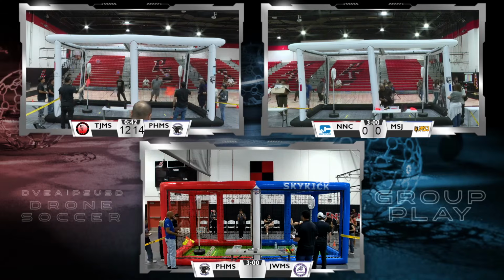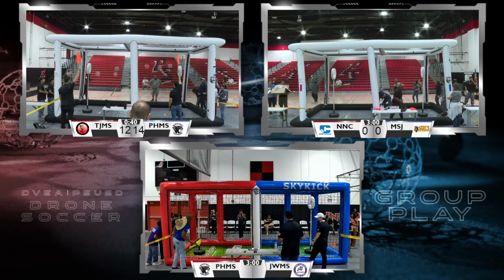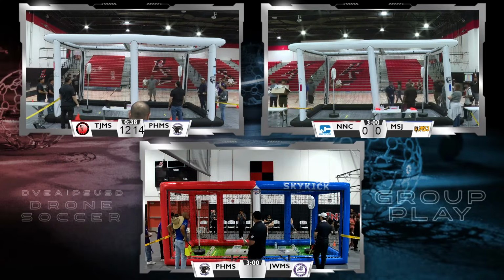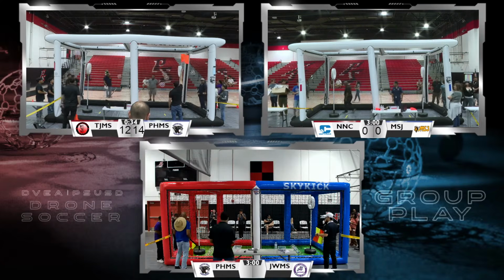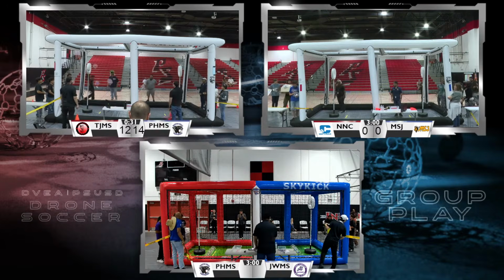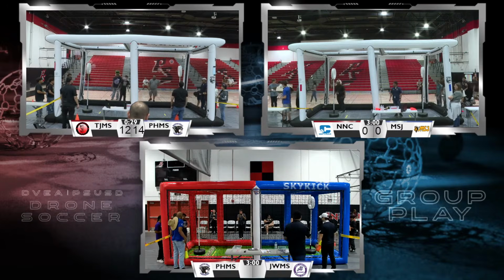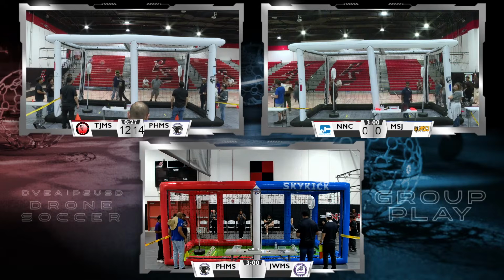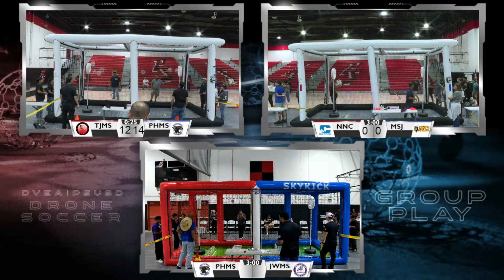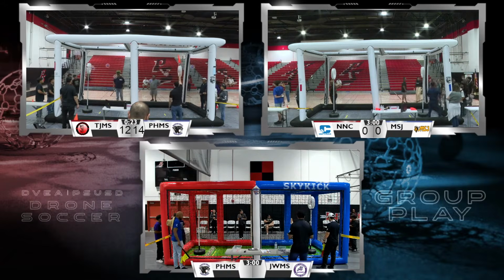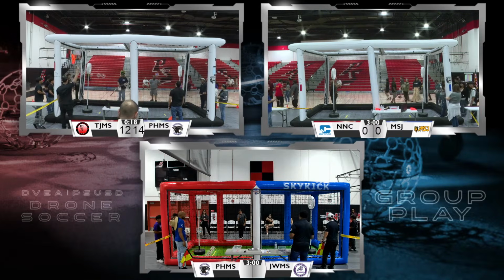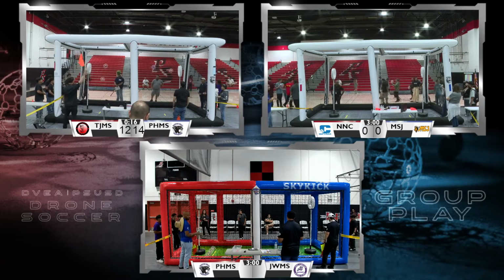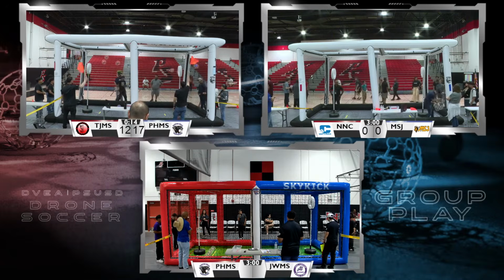Sierra Vista Charter, you will play Palm Desert High School over in Arena A when this match concludes. So you can slip yourselves over there. In Arena B on deck, we have Mount San Jacinto and Nellie Kaufman. They are getting ready, both of those squads. Palm Desert High School and Sierra Vista Charter will be in Arena A over on my left once this match concludes, and it's almost finished.